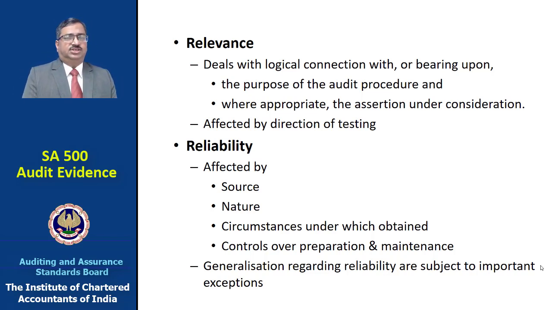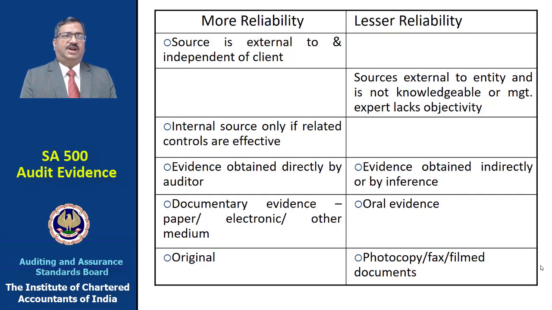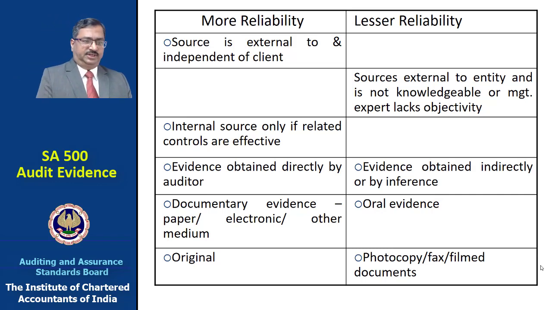So generalizations regarding the reliability are subject to certain, of course, important exceptions, and therefore we are trying to work out some chart by which we can see what is less reliable and what is more reliable. Say, for example, evidence obtained indirectly or by inference is less reliable as compared to evidence obtained directly by the auditor, or oral evidence is less reliable as compared to documentary evidence, may it be paper form, electronic form,